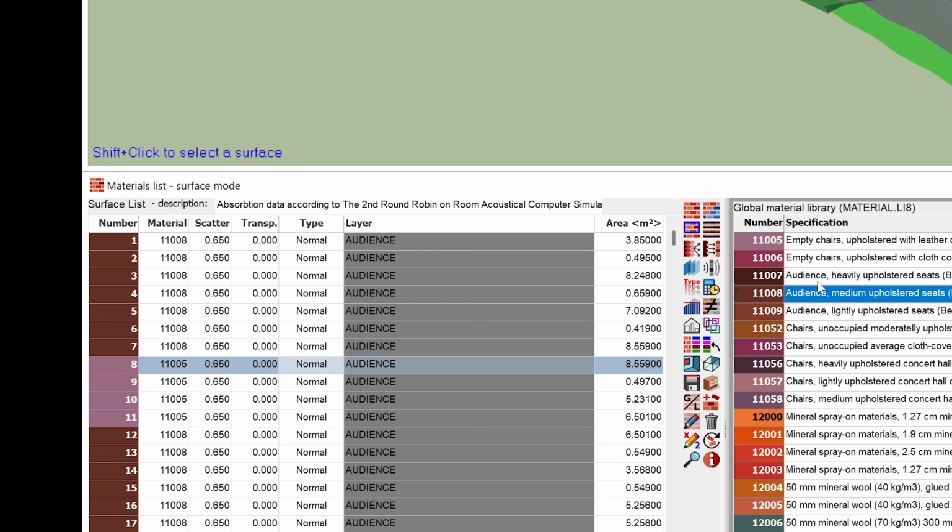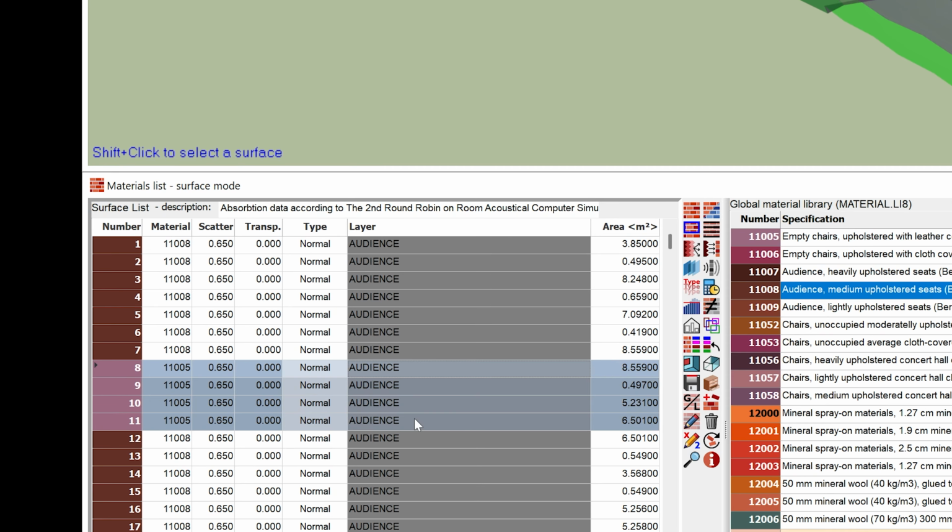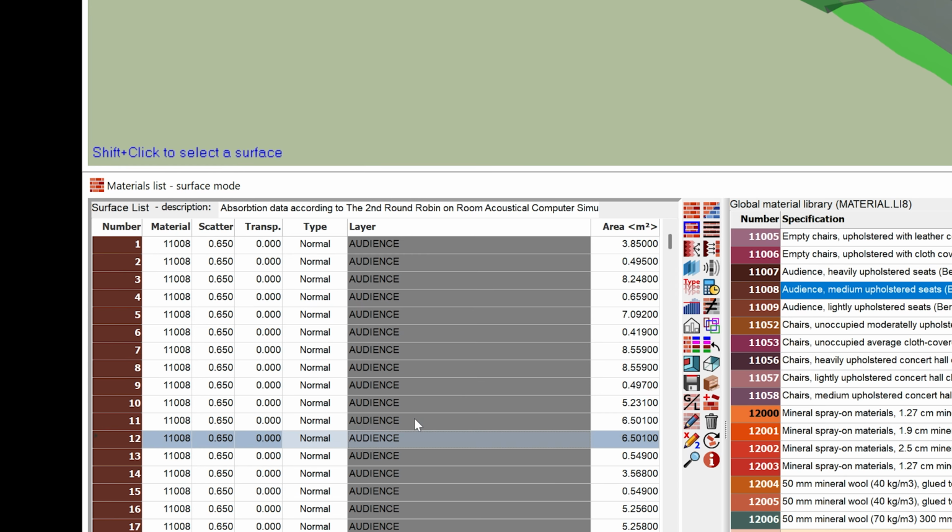You can select multiple layers or surfaces using Ctrl-click or Shift-click, and assign a material to them simultaneously. Remember that you can sort the surfaces by clicking on the headers. So for example, you can sort by layers.